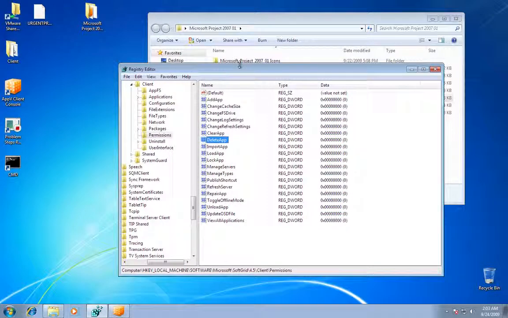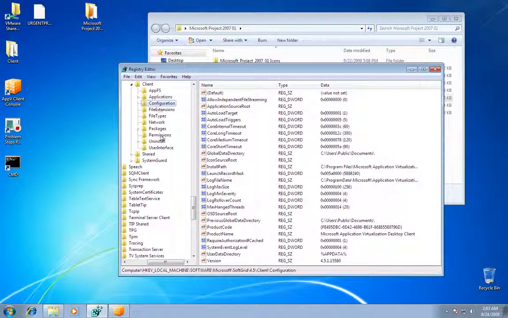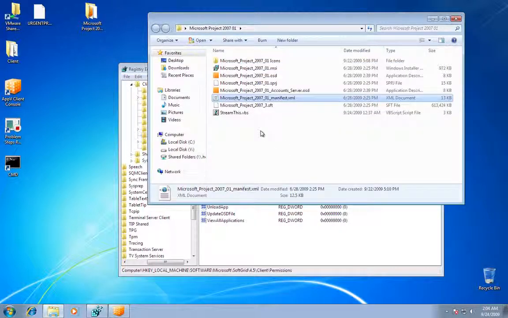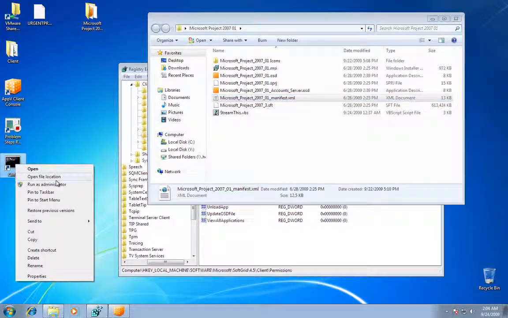I just thought that some people might not know what permissions were needed. There might be an admin on the machine, but they might not know where to go to switch these things on, especially the allow independent file streaming. I figured that as opposed to just writing in the VBScript, go here and switch this on, I might as well add in there the ability to switch all this on with a switch. So if we open up a shell as an admin,